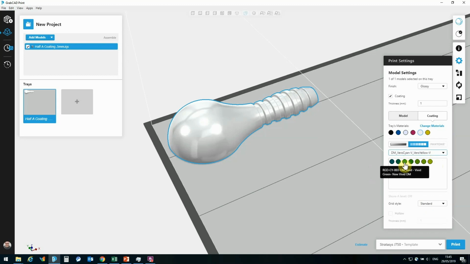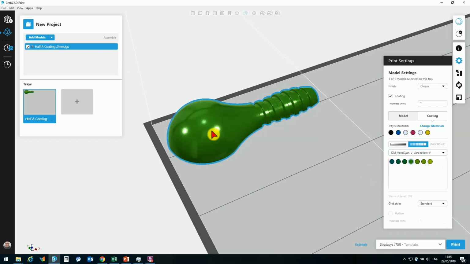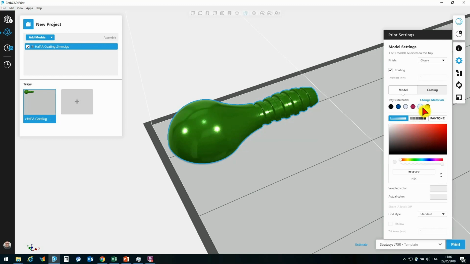So for a nice green, I'm going to select the CY cyan yellow 004, and that is going to give me a material or a color that is made up only of cyan and yellow with no other colors mixed in, as you would have if I chose a color using the color picker. And again, the coating is the digital material in color, and the core is going to be